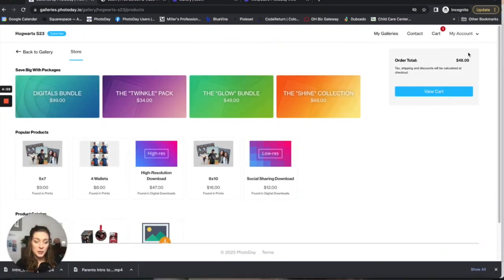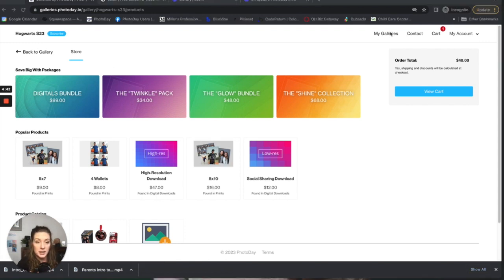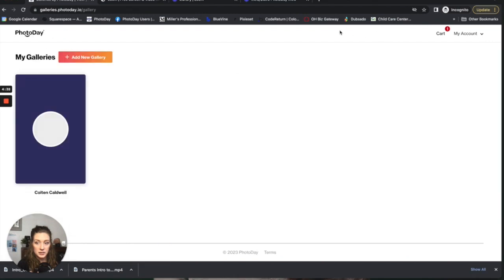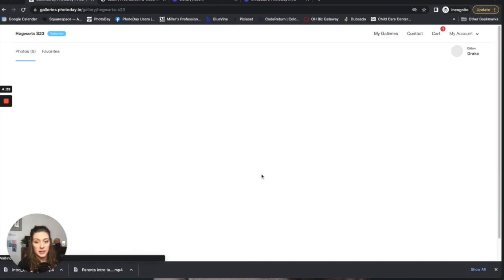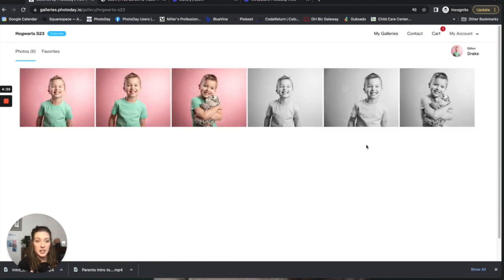Now we can see that we have an order total here. We have one item in the cart because we've put one glow bundle in the cart. If you have another child that you would like to add, all you need to do, click up here where it says My Galleries. Here we see the gallery we were just inside. Hit Add New Gallery. Go get your other child's gallery access code. Hit Continue. And now it's going to open up